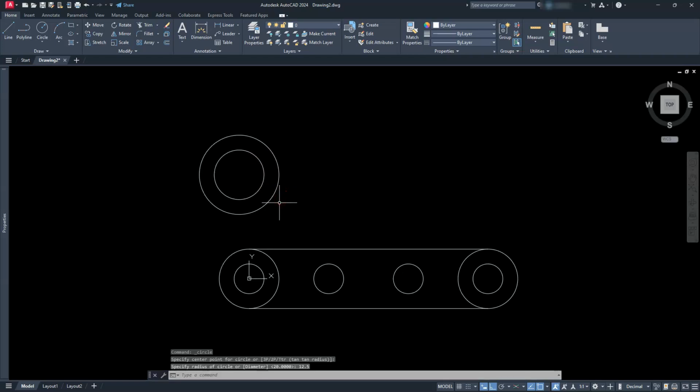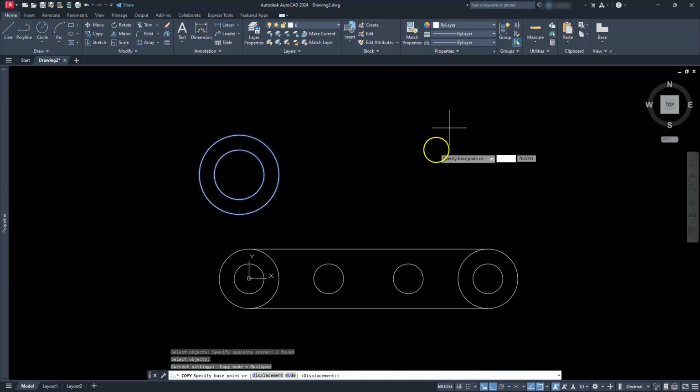Alright, so now that I have this done, I'm going to go ahead and copy these two circles to the next location. So I'll go to copy. I'm going to select these 2 points. Go ahead and hit enter. Select a base point. I'm just going to select it out here. And since it's relative from whatever point I need to go